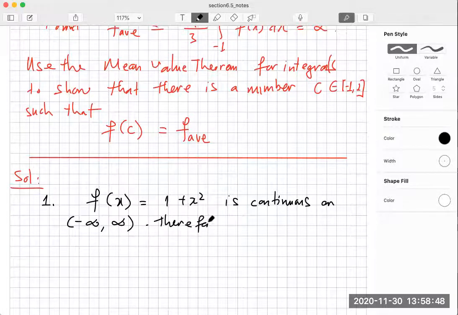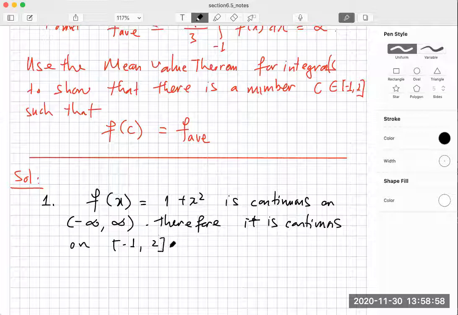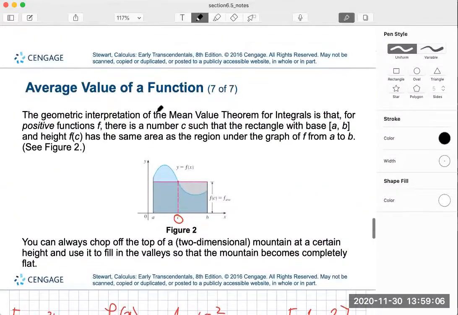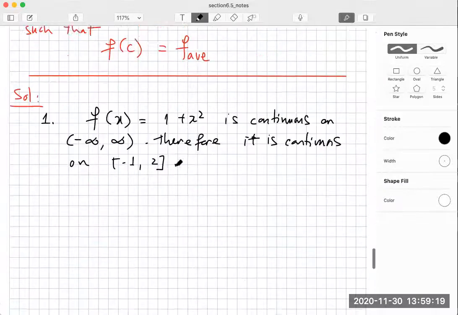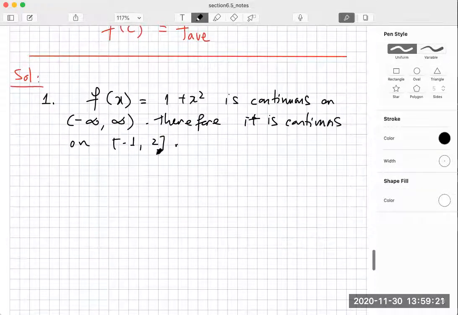Therefore, it is continuous on the interval from -1 to 2. Okay. Then, this is the mean value theorem. If f is continuous, then it confirms that there is a number c in this interval such that here. So it's satisfying the condition of the mean value theorem. Therefore, we conclude that